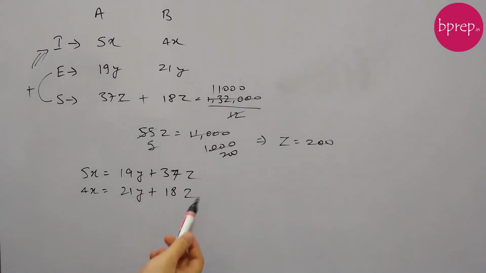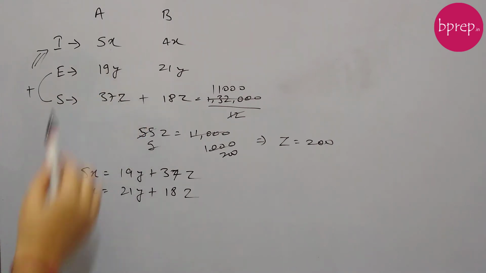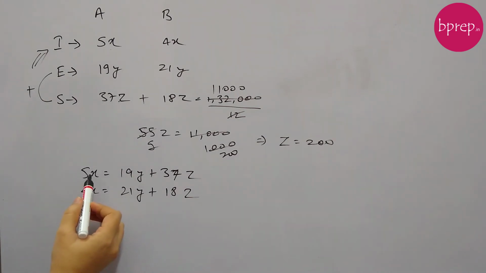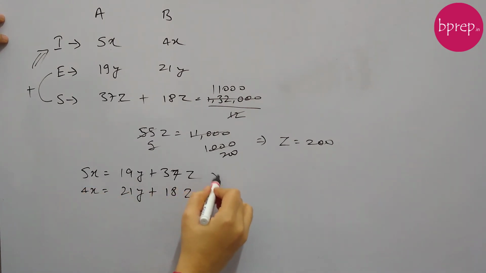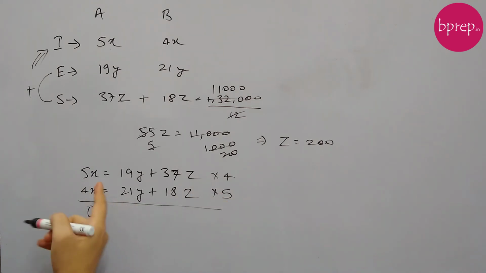So we have two equations and two unknowns. The value of z we already know. So we can get the value of x and y, and then we can get the monthly income of Amit, which equals 5x. To solve these equations, we have 5 and 4, so if we multiply this equation by 4 and this equation by 5, x will get cancelled. If we multiply and then subtract, we have 20x minus 20x equals 0.